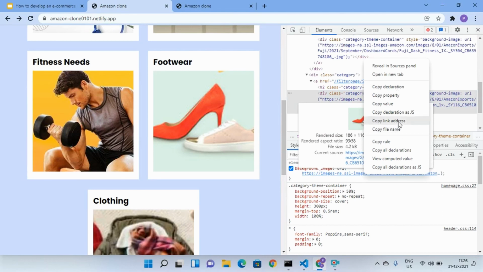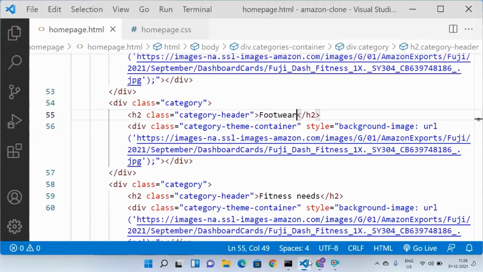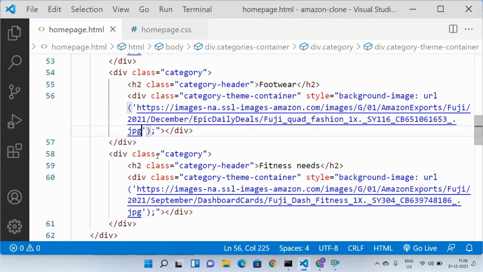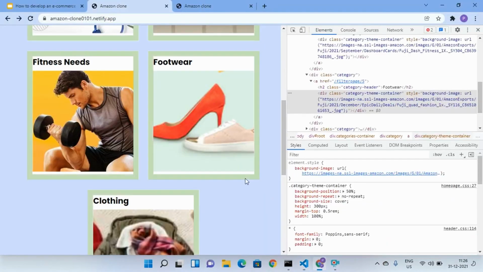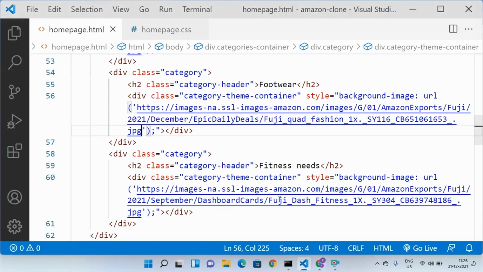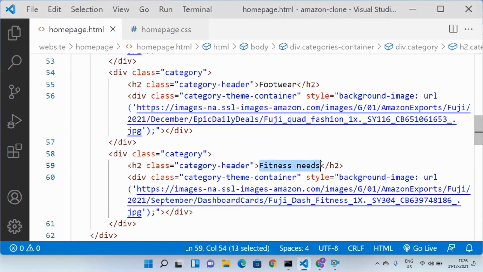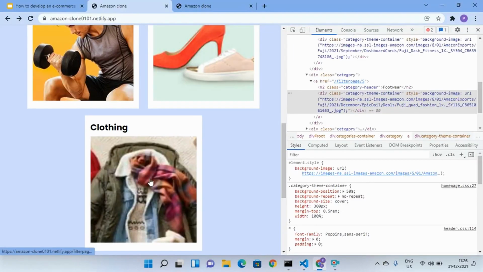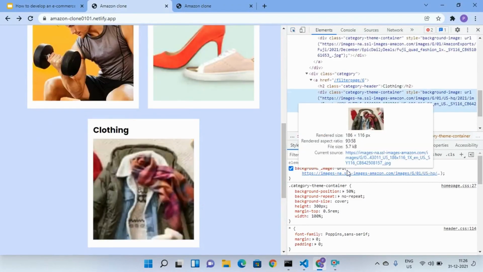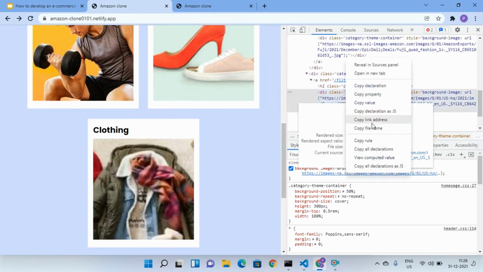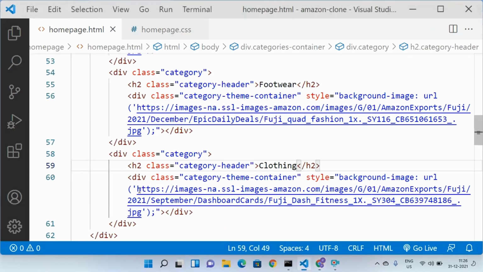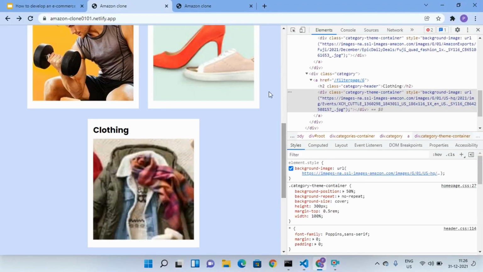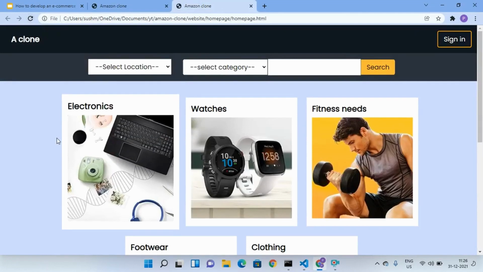You can use any. The last one is clothing. Yes, now with this we are done.